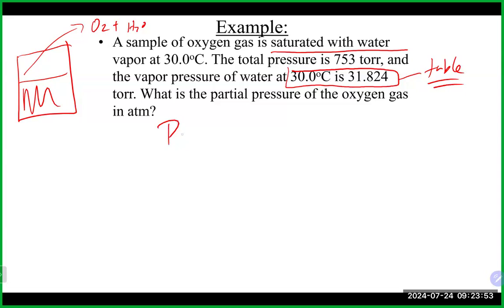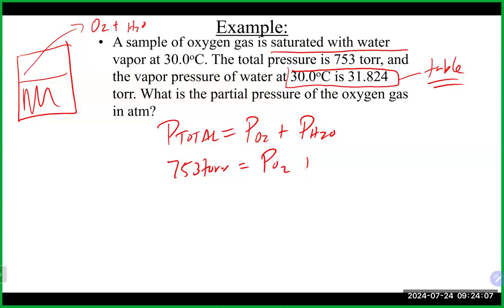In this case, the total pressure would be the pressure of the oxygen gas plus the vapor pressure of water. Our total pressure was 753 torr. Partial pressure of oxygen plus the vapor pressure of water, 31.824. Basically, we just subtract this to the other side. That gives us the partial pressure of oxygen, or the dry oxygen gas, at about 721